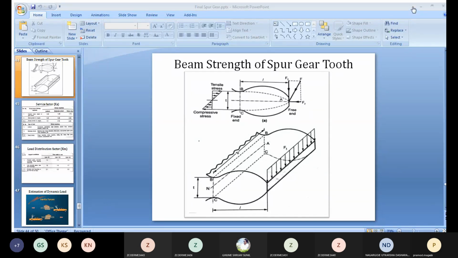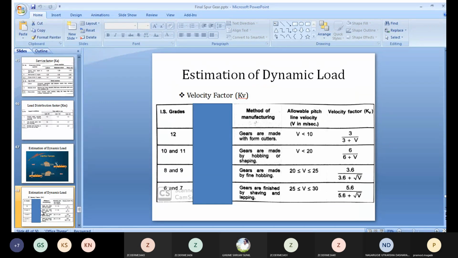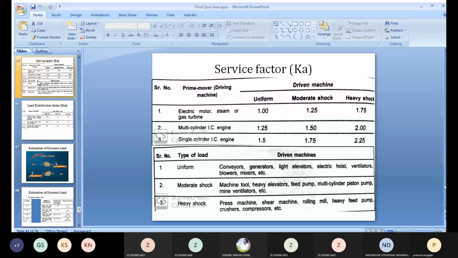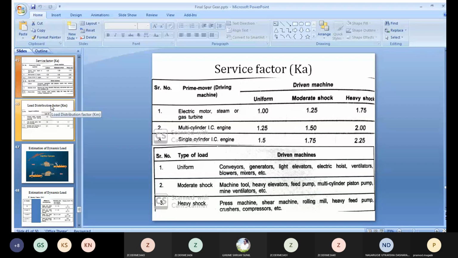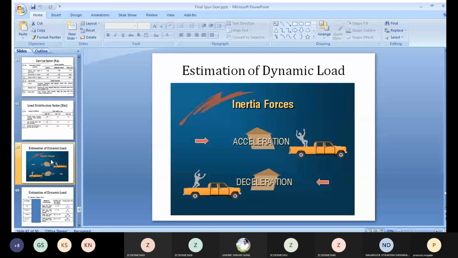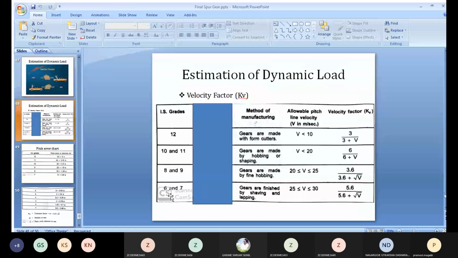condition. In case of the velocity factor, we have seen, and for that velocity factor, we have used the factors like Ka, Km, that is application factor and load distribution factor. How it came? As per the chart. If they are not included in your examination, you will have to take one. That's it. Now, in case of the dynamic loading, here I have explained what is the role or how the